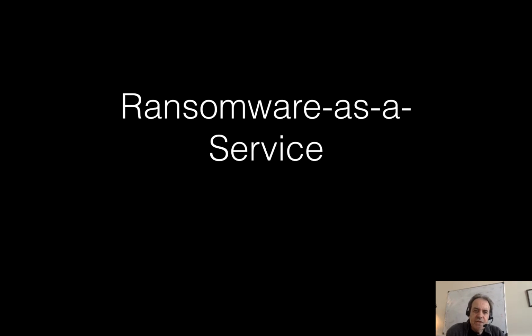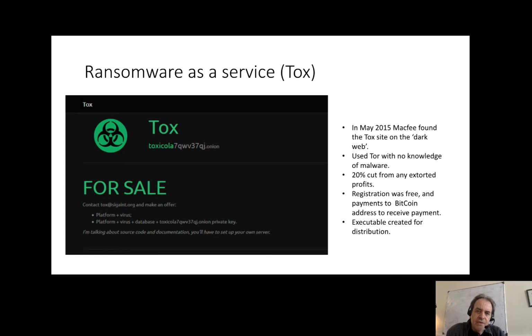So as ransomware has evolved, it's moved into what's called ransomware as a service. In this case, it was identified that there was a Tox site, a .onion site on the dark web, which allowed the infrastructure for ransomware to actually exist. A 20% cut was taken for providing the support, so someone could register for this. They would create a console, and then the TOX infrastructure would create the complete infrastructure required for the distribution and maintenance of a ransomware campaign.